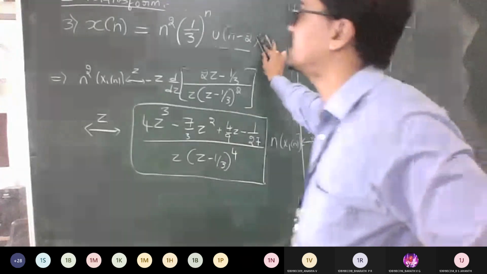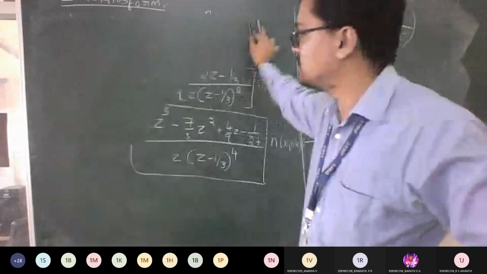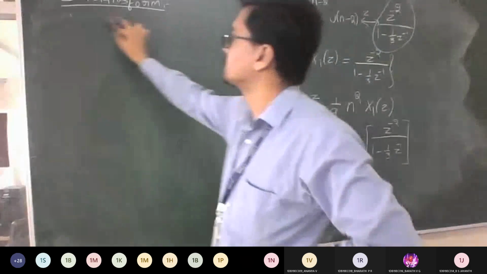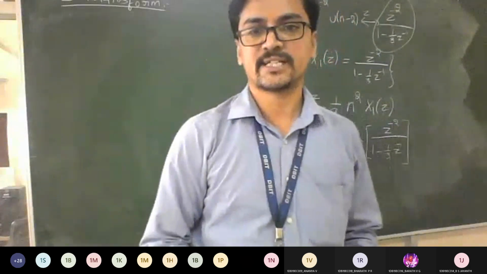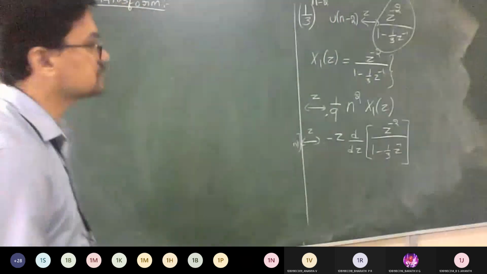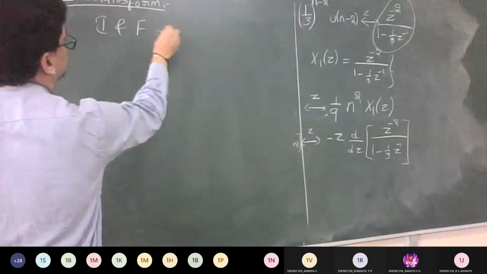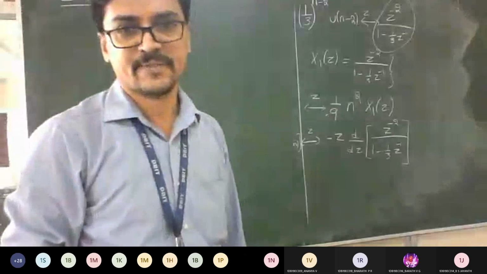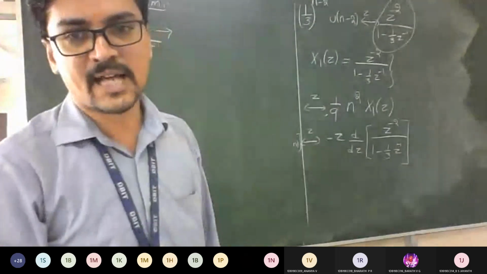So we'll move on to the next property called the initial value and final value theorem. There is a small statement to be remembered in this, then we can solve the problem here. Okay, write the heading as initial value and final value theorem. Here you just need to know the two conditions. If you remember those conditions, you can apply them directly to the problem and get the answer.